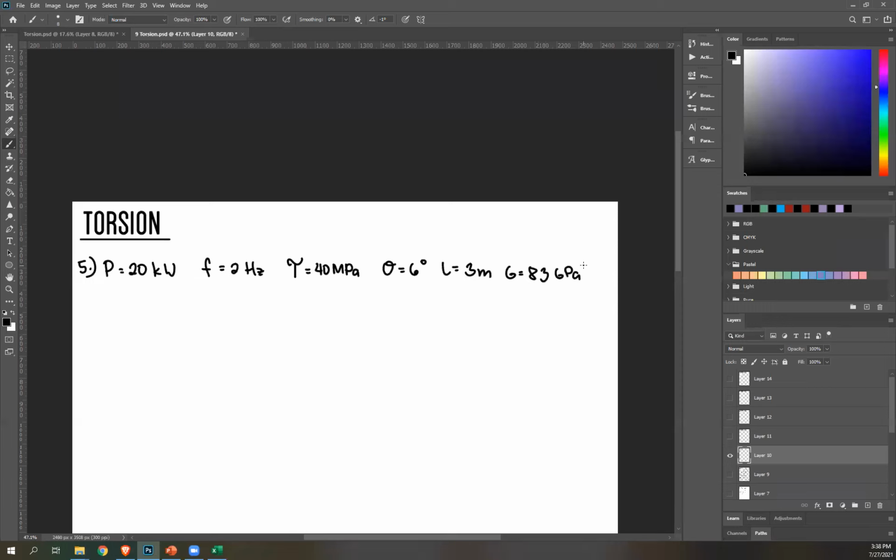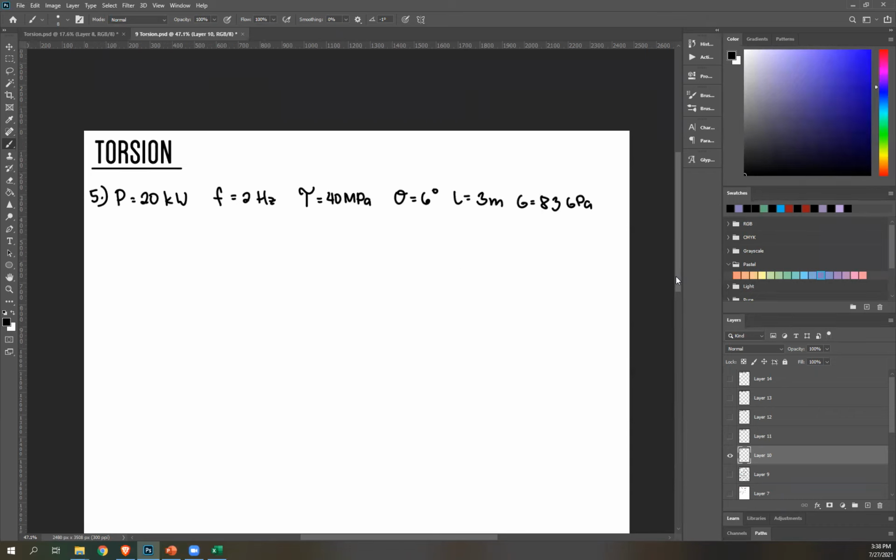Right? Okay, so what we'll do is solve for dimension for each restriction. You can either start with solving for dimension using shear stress or angle of twist. So let's start with shear stress first. The equation for shear stress is 16P over pi d cubed. I need to know P, which is torque. And recall in our lecture, to get torque from power, we have an equation. Specifically, torque is just equal to power over